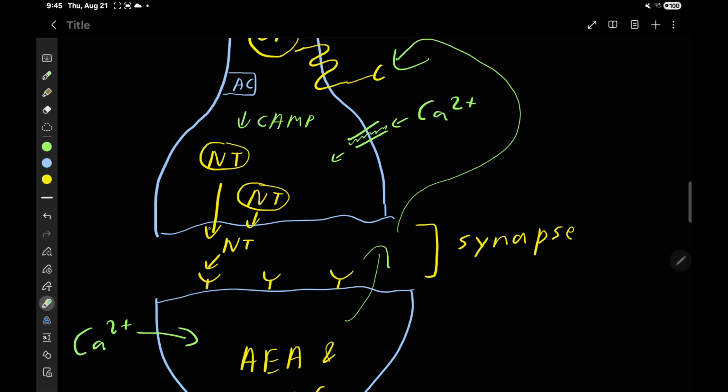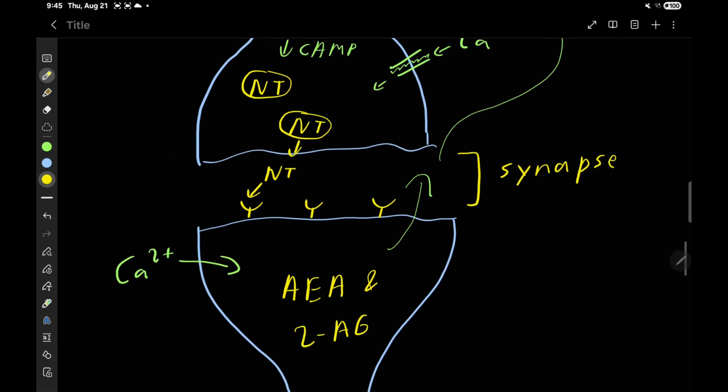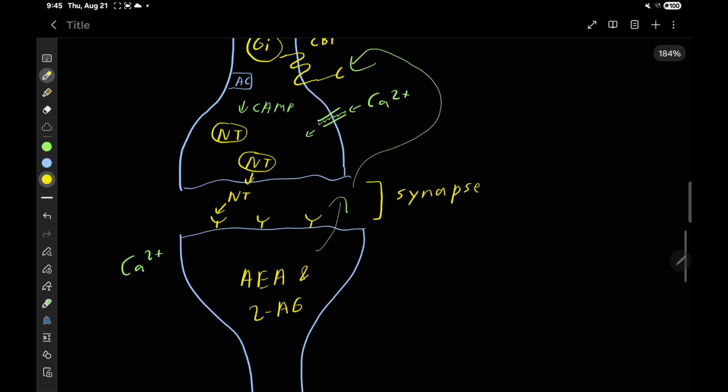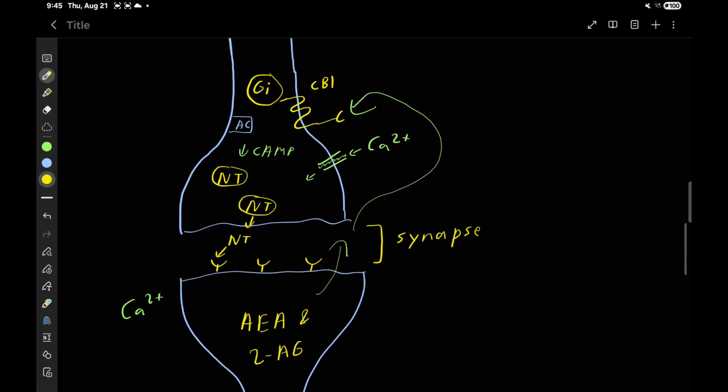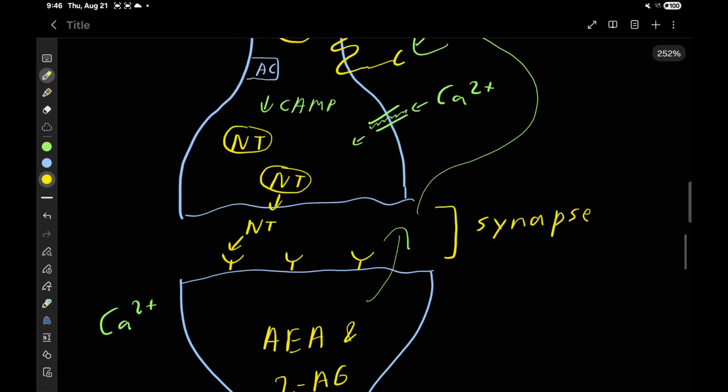So less neurotransmitters are released, and less neurotransmitters are released means that less neurotransmitters are binding to your postsynaptic receptors, meaning that less response is now happening in your postsynaptic neurons. So the amount of calcium ions that are entering is decreased, and so response levels are decreased. So you can see it's a negative feedback loop to keep response levels under control, because normally